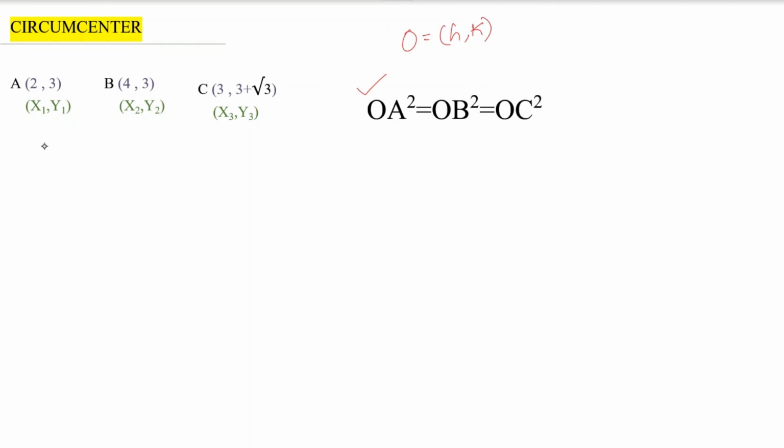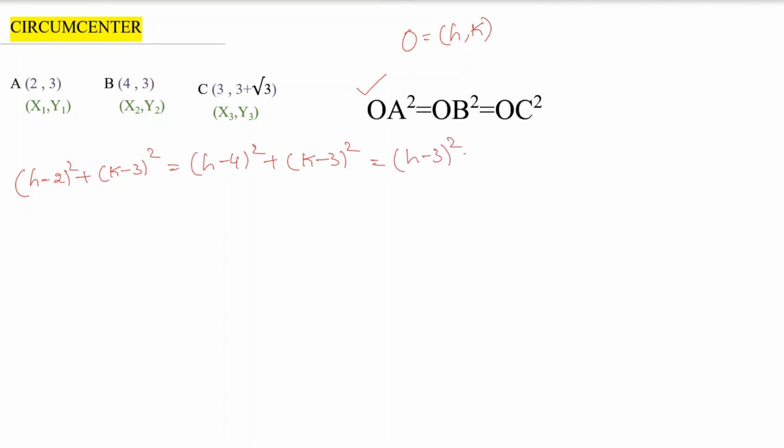To find the distances, we'll take OA square. OA square we can write as (h minus 2) whole square plus (k minus 3) whole square is equal to OB square, that is (h minus 4) whole square plus (k minus 3) whole square, equal to OC square,